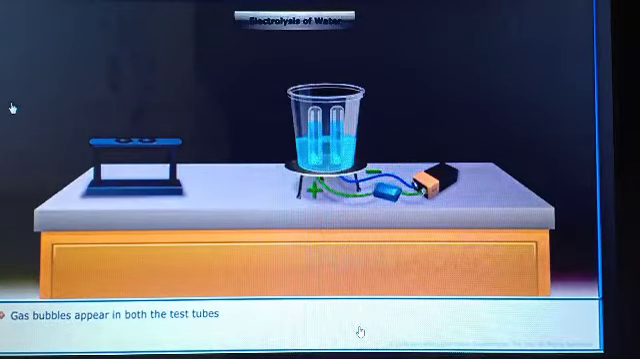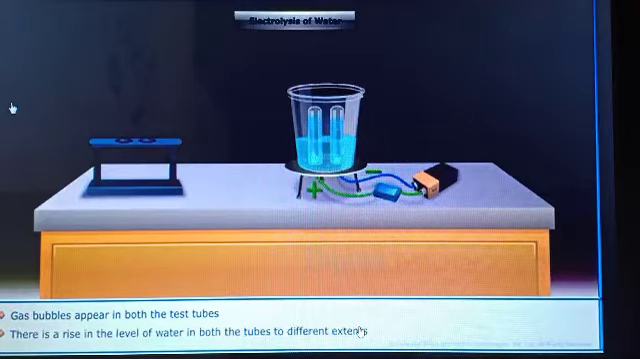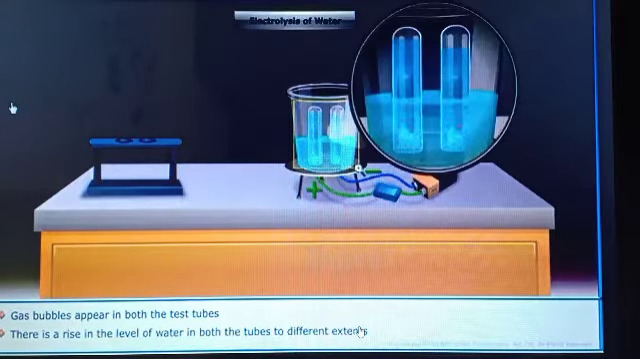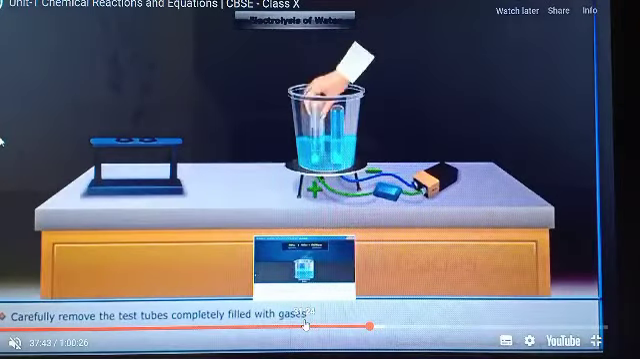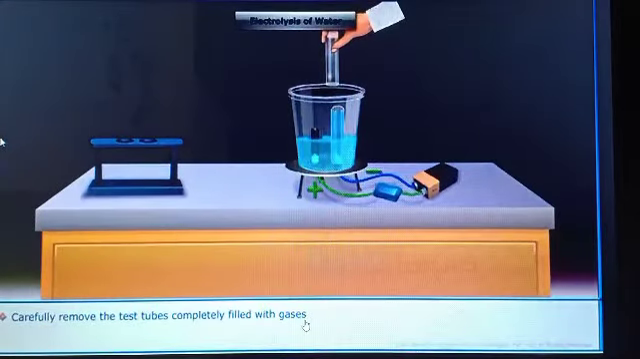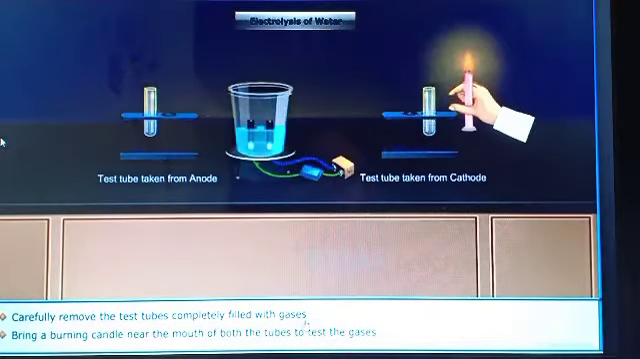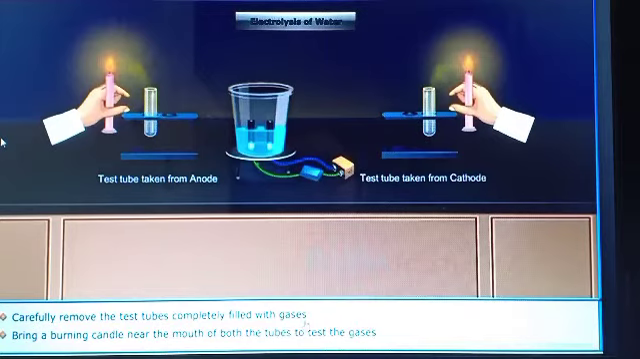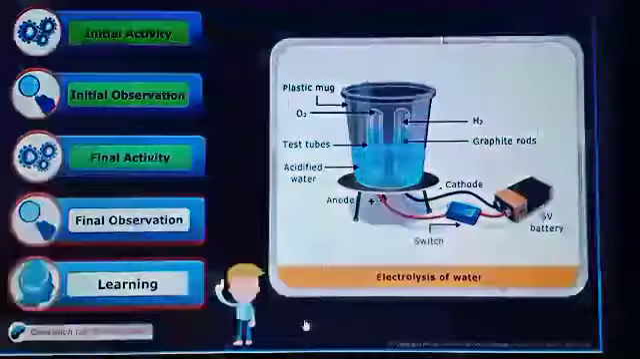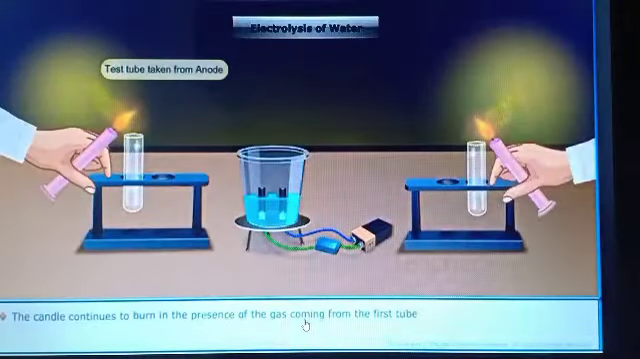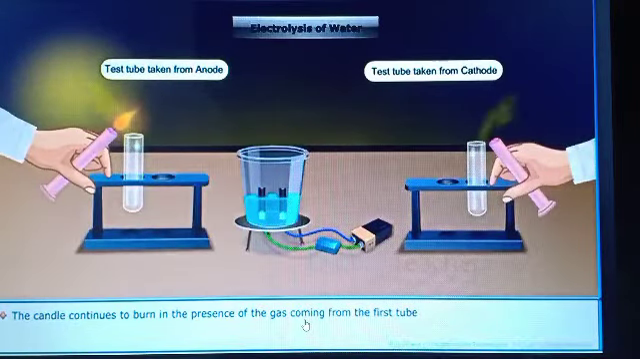During the observation, we can observe that gas bubbles appear in both the test tubes. There is a rise in the level of the water in both the test tubes to a different extent. Now let's see. Carefully remove the test tube completely filled with the gas. Now bring a burning candle near the mouth of both the test tubes and see the observation. You can see that the candle continues to burn in the presence of the gas coming from the first tube,